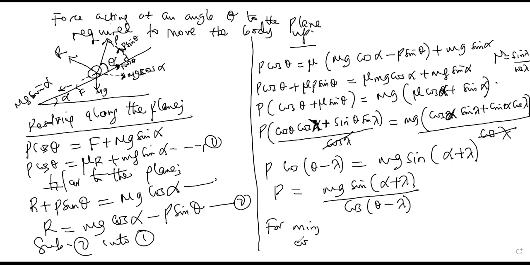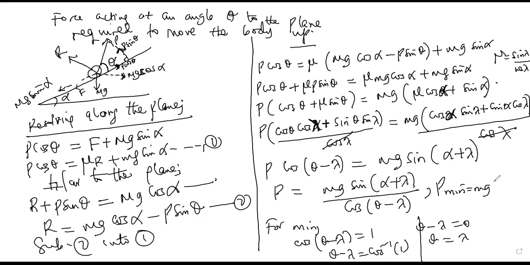The denominator is cos theta, that is from your trigonometry. Cos theta, I think I taught you this. Cos(theta minus lambda) should equal 1, meaning that theta minus lambda is cos inverse of 1, meaning that theta minus lambda equals 0, since cos inverse of 1 is 0, meaning that theta equals lambda. So if they need a minimum force, P minimum